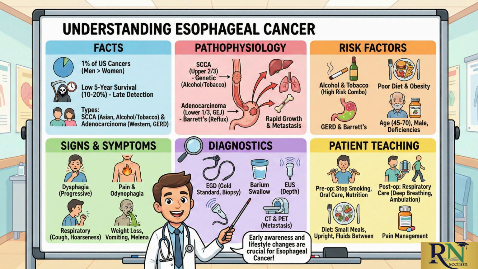Other conditions include strictures, esophageal diverticula, tylosis, achalasia. The demographic is 45 to 70, male, with nutrition deficiencies in molybdenum, zinc, vitamin A. Signs and symptoms: